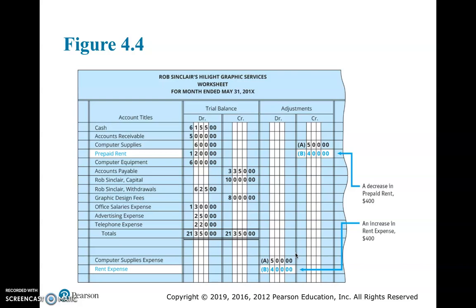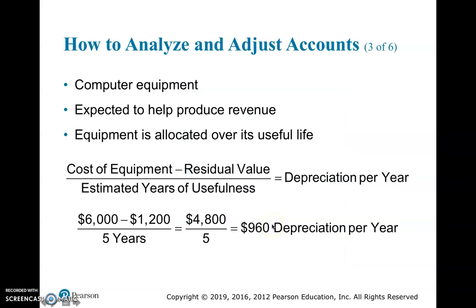Again, we're going to show the rent expense for $400 on the debit side for adjustments, and reduce prepaid rent by $400. And eventually you will see the adjusted trial balance in the worksheet showing the remaining balance or correct balances for these accounts. Now, the next item we're going to go over is